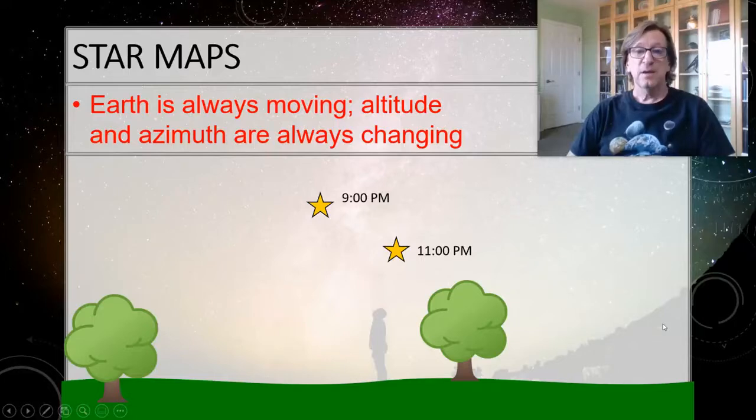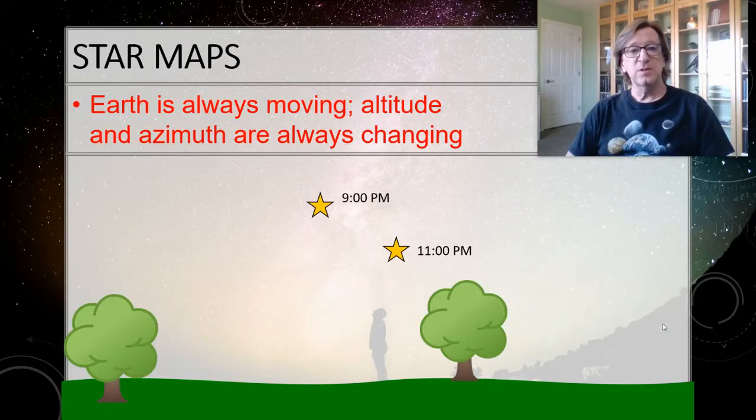So, what we're going to talk about today is the equatorial coordinate system. And you were introduced to this in the lab last week, but now we're going to go through it formally. So, the goal being that you can take any star map and you'll be able to read it and see where things are in the sky. So, let's get started.